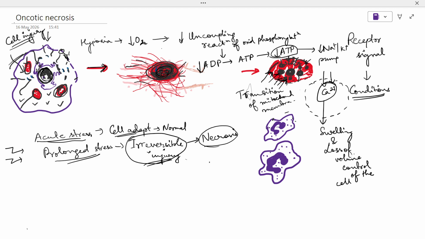So this layer of the mitochondrial membrane becomes so thin that there is increased calcium influx and release of reactive oxygen species and nitric oxide scavengers, and also activated